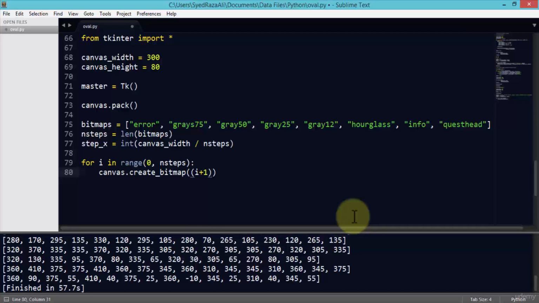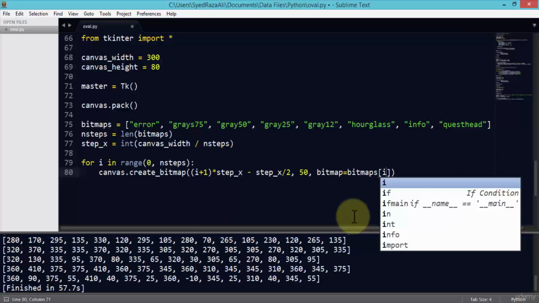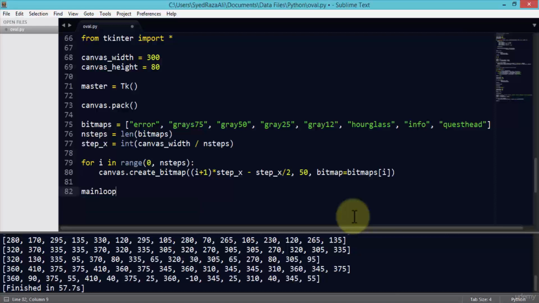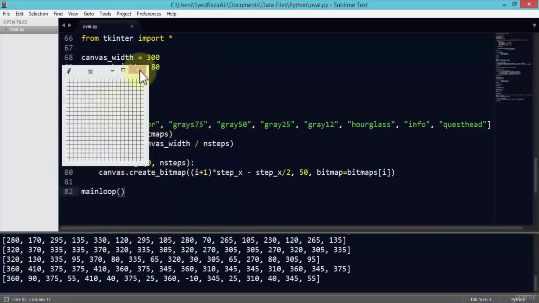I'm going to have it multiplied by step x, subtract step x divided by 2, get the 50, and then use the bitmap equals bitmaps and the list i, and get my main loop in here, save it, run it. Here's the first piece of code. Here's our checkered canvas,